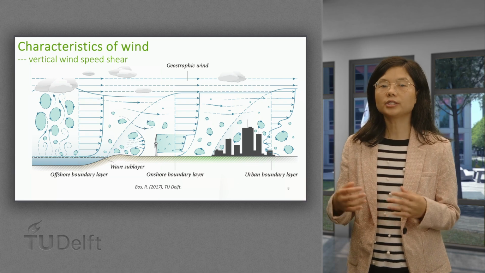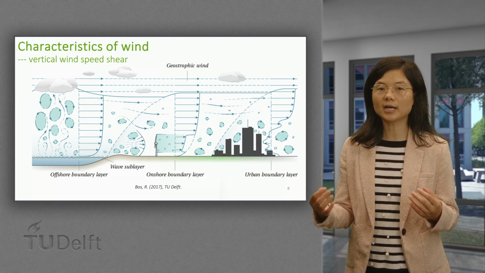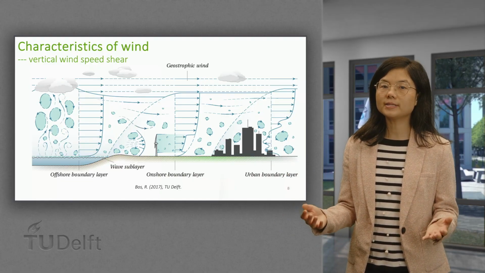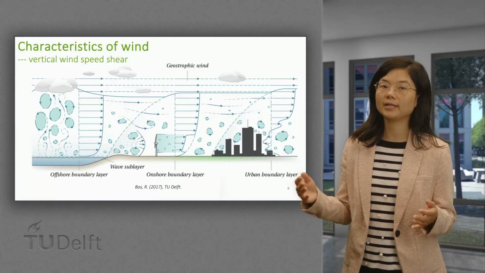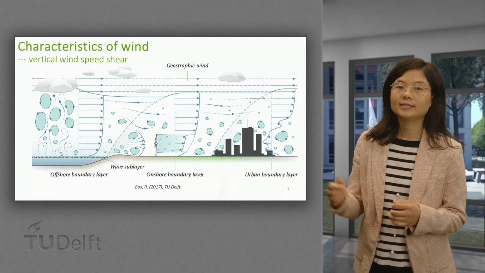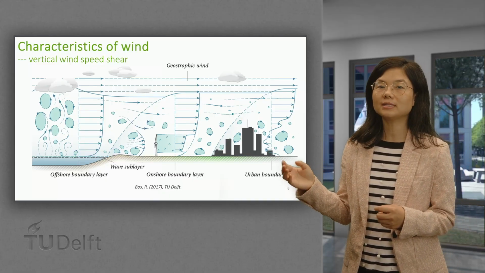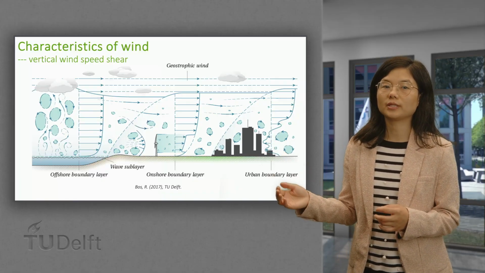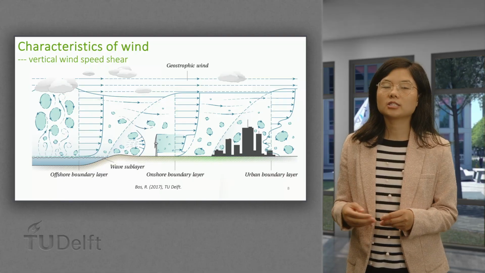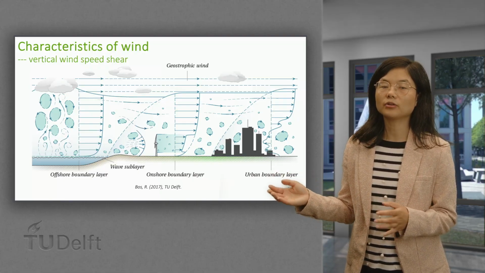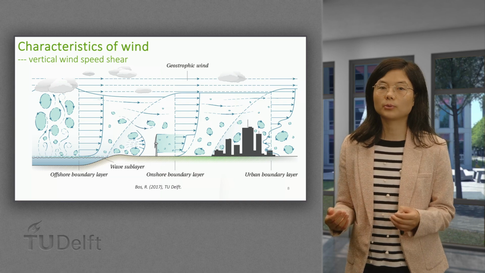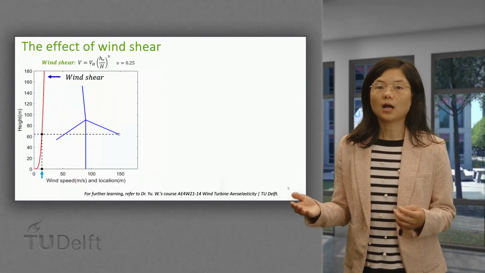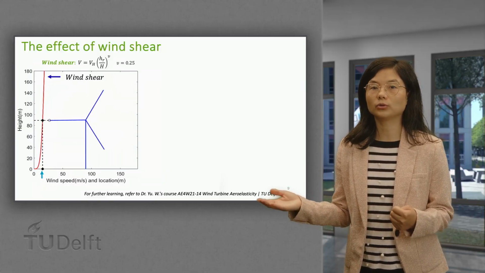This means that ocean wind turbines often enjoy more consistent and stronger winds at high heights, leading to better performance and higher energy output compared to many onshore locations. In this graph, you can also see many randomly sized vortex-type structures. These illustrate the turbulence, which describes the level of chaotic behavior in the flow, a feature we will explore in more detail later. What impact does wind shear have on wind turbine rotors?